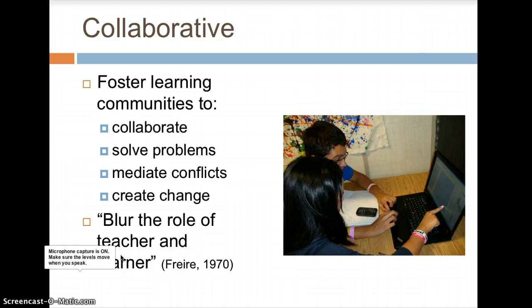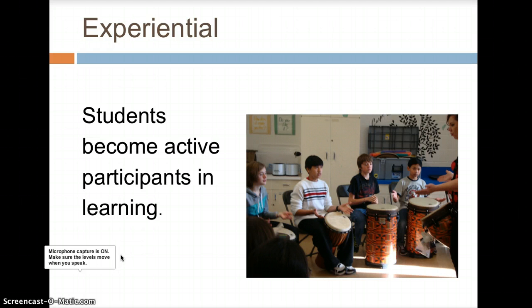In encouraging collaboration and dialogue between all members in the community, there is a blurring of the role of the teacher and the learner. Through active participation in the community and school, or the experiential principle, ideas and key concepts can be experienced in engaging ways, thereby allowing students to become active participants in learning.